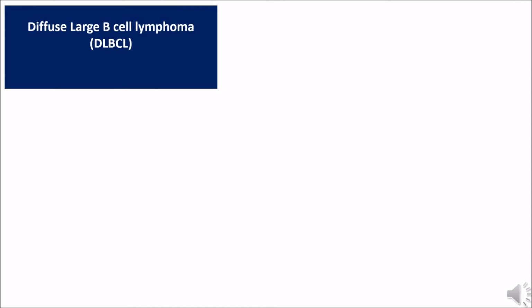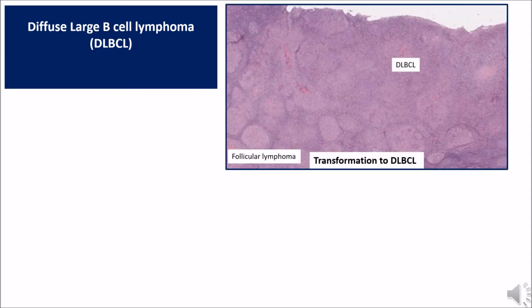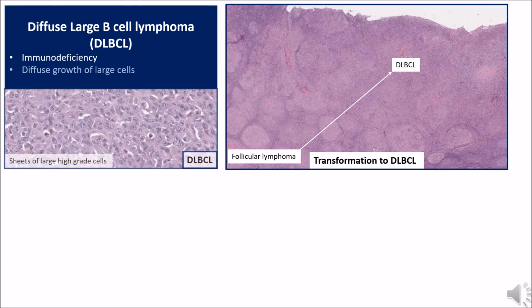Diffuse large B-cell lymphoma, DLBCL, is a common aggressive lymphoma which can arise either de novo or after transformation from a more indolent lymphoma. There are many subtypes, and immunodeficiency is a major risk factor. DLBCLs arising within the germinal center, GCB type, have a better prognosis than those derived from non-germinal center or activated B cells, ABC type. DLBCL, like the name suggests, is characterized by diffuse sheets of rapidly dividing large cells on